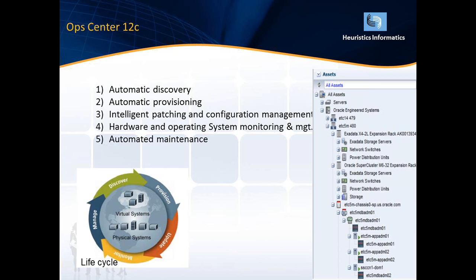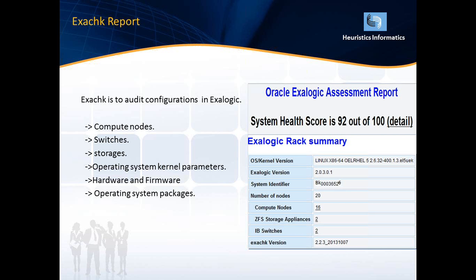And the next one, the last one, is the Exalogic report, which will generate the report of the total health check. We can run it either on a monthly basis or on a periodical basis for any pre or post maintenance activities, which will give the overall health score. The health score of the total Elastic Cloud is showing 92. The recommendation is that we should get at least 95 out of 100. So this score indicates that the health of your Elastic Cloud is very good.